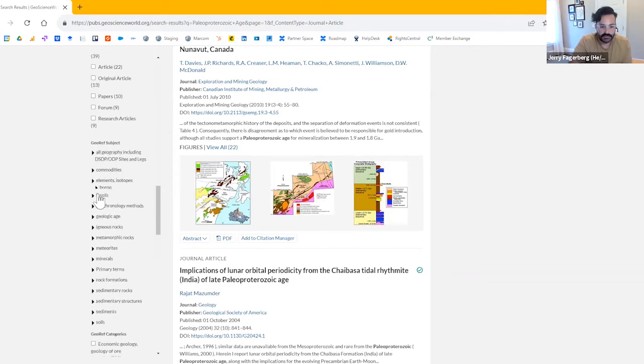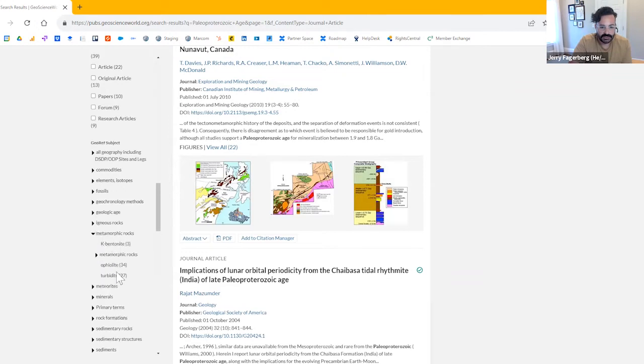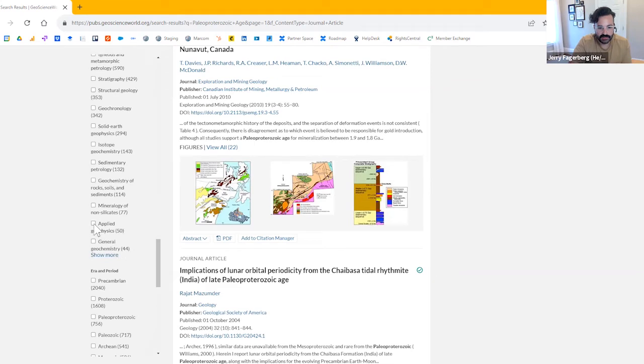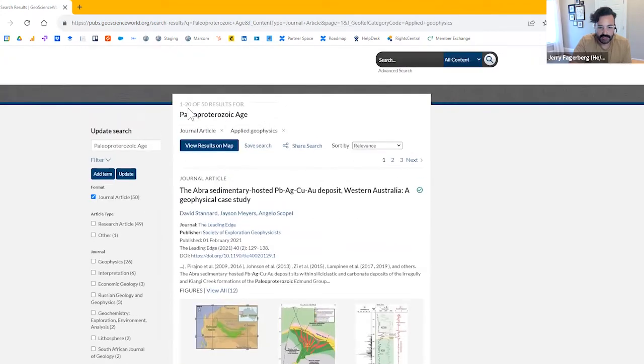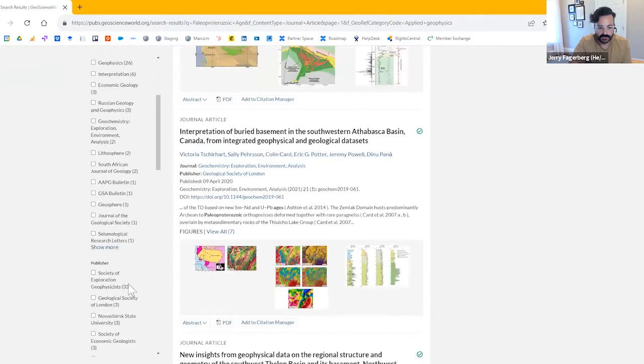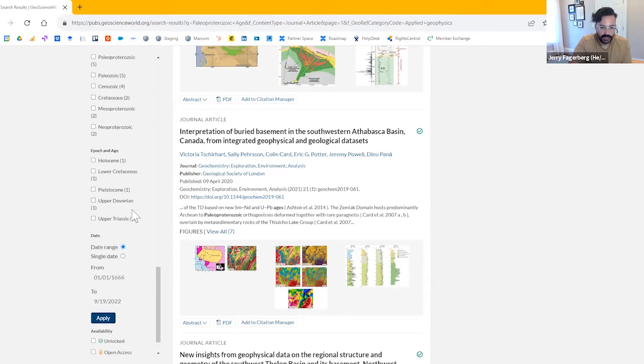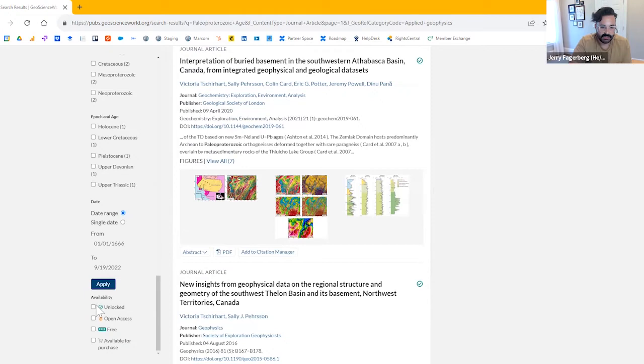You can look into the subject terms if you wanted to drill down a little bit deeper, and it will show you a preview of how many results are there in, as well as the more general categories. If you just select one of these, it will then update your results over here. And so we're going down from 10,000 to just over 50 results. And then even further down, you can see era and period, epoch and age, as well as publication date, and then access status. So if you're authenticated through your institution, you should have